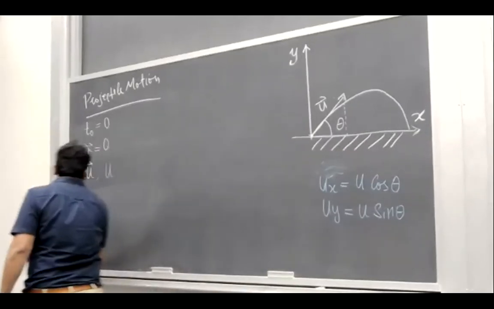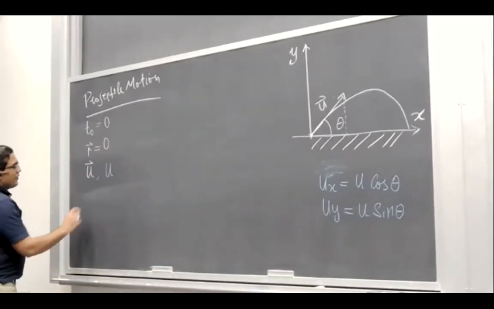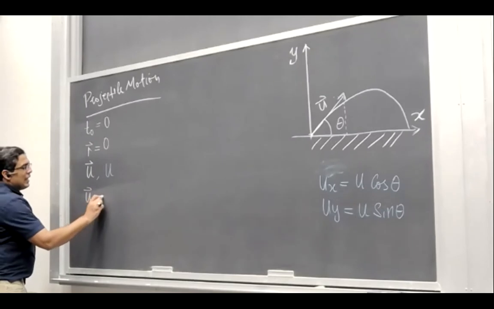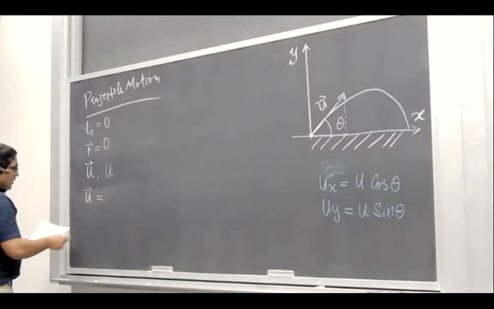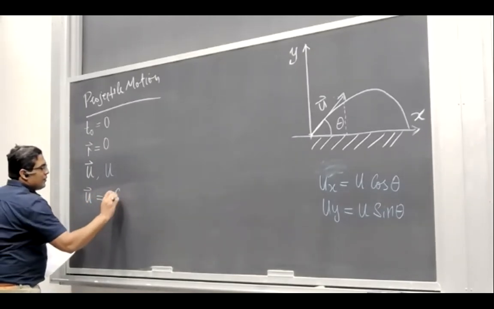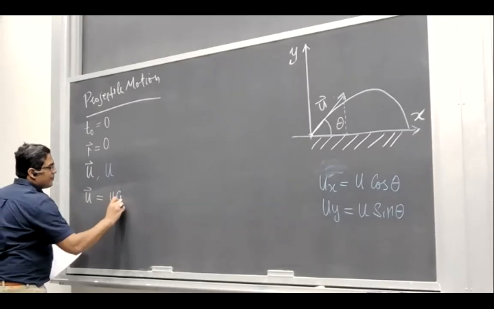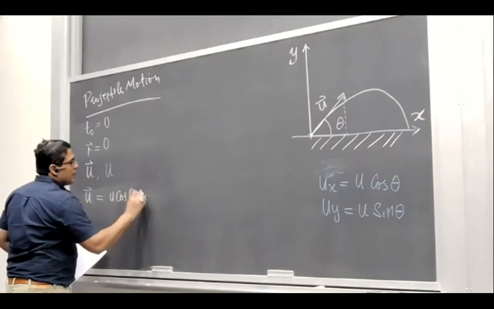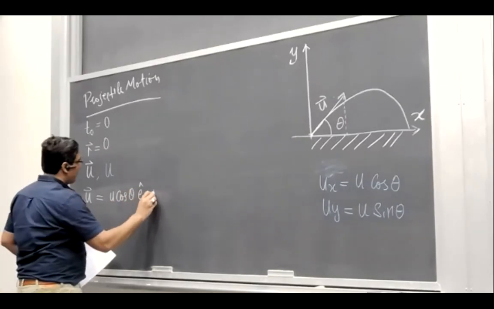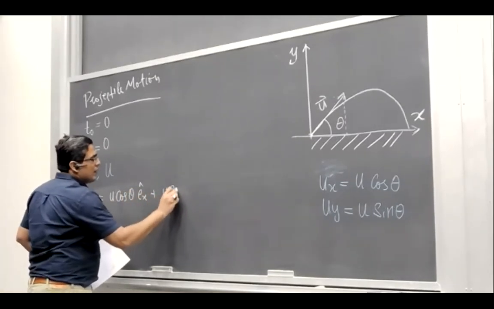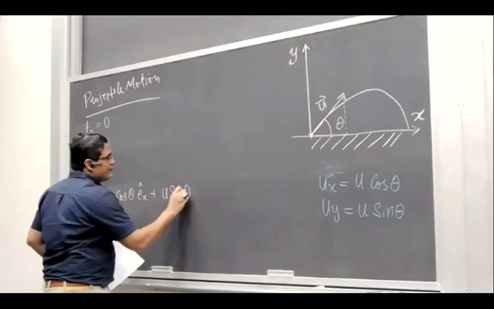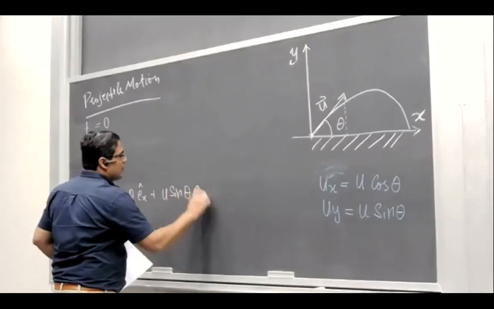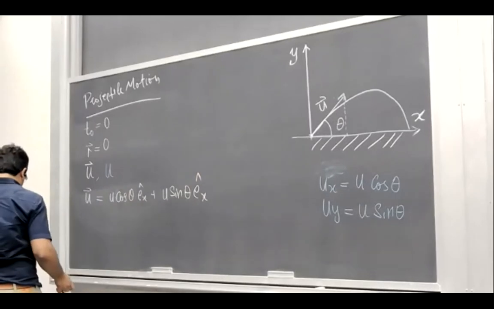So that gives us the initial velocity vector as u cosine theta ex, the unit vector, plus u sine of theta ex. All right, so these are